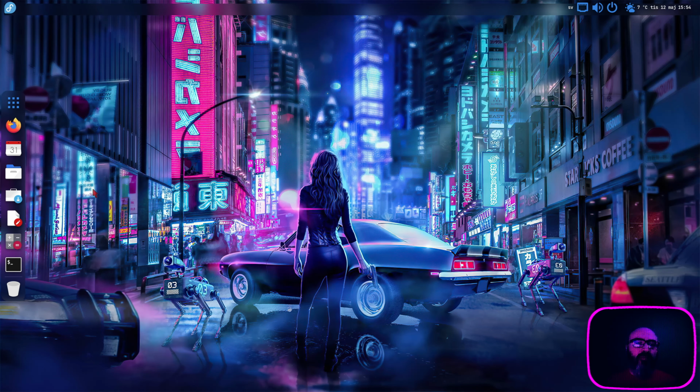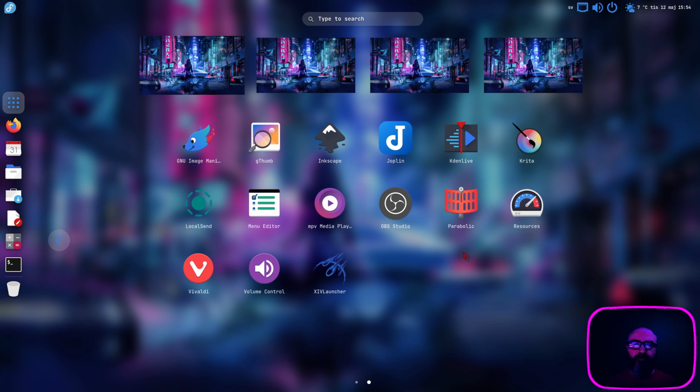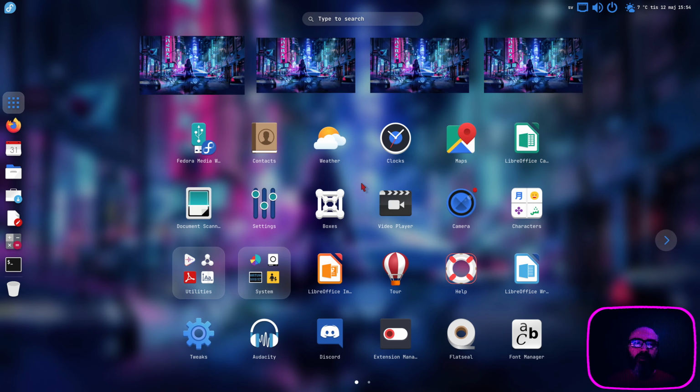And then, for example, this is my dock, and this is my installed apps. Some icons I haven't touched at all. For example, Resources uses its own default icon, which is fine, I guess, with this kind of icons. And yeah,